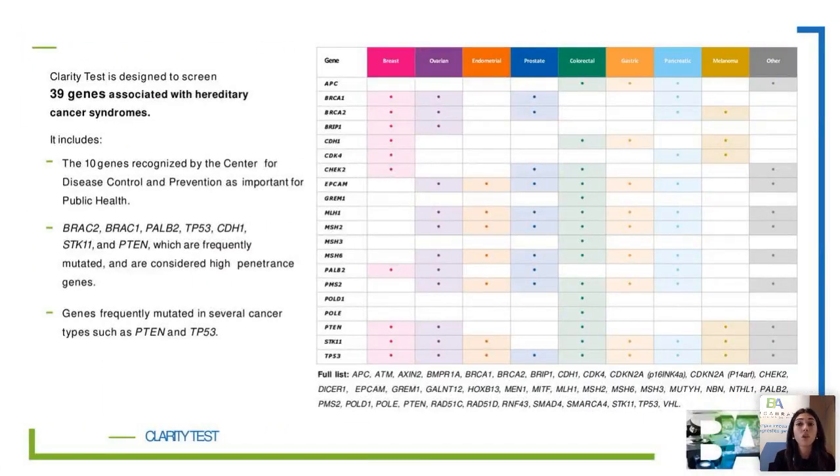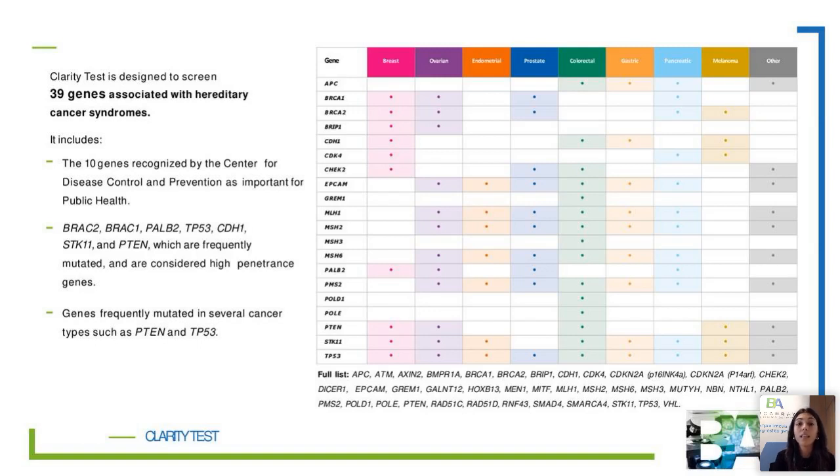And this is the composition of the Clarity test. We have selected 39 genes that are well documented to show association with hereditary cancer syndromes. Here you have the full list. I'm not going to detail all of them, but I put together a small table